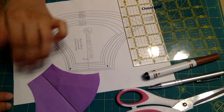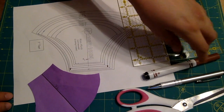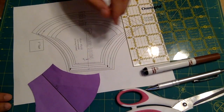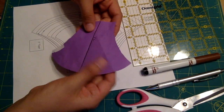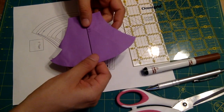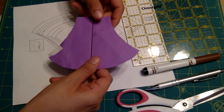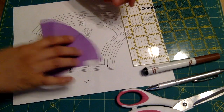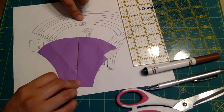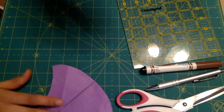All you're going to really need is the pattern, a straight edge, ruler of some sort, either a marker or pen, scissors, and scrap paper. This is somewhat thick material. It's like construction paper, so it's not cardstock thick, but it's thicker than printer paper. So all I did was trace out the youth large from the pattern,